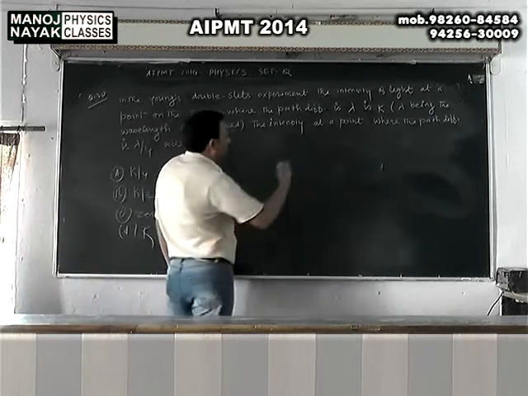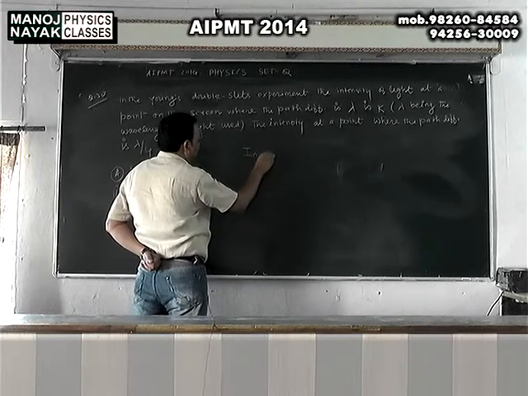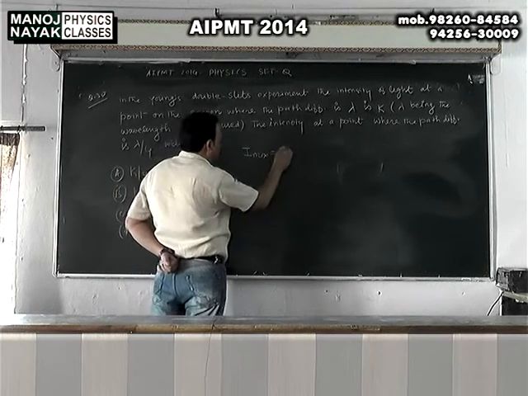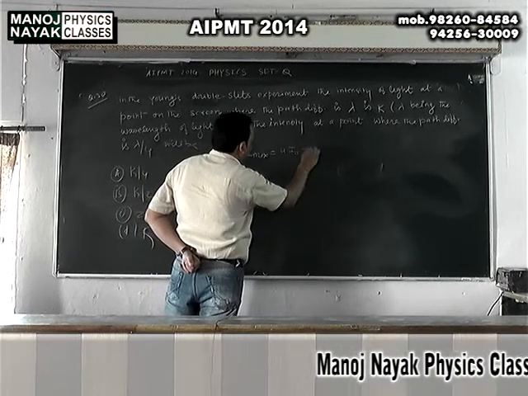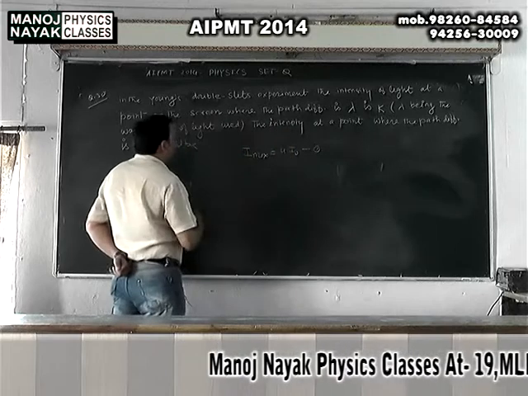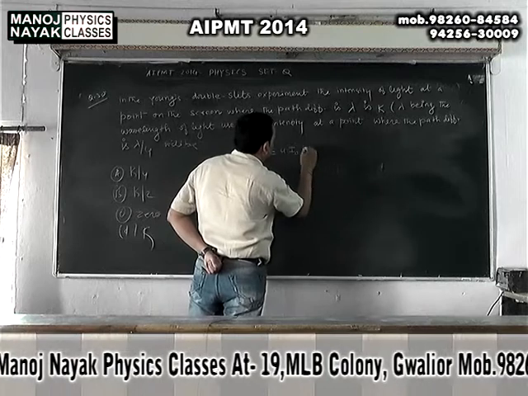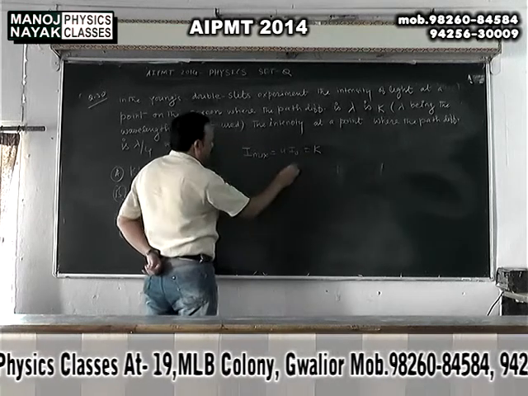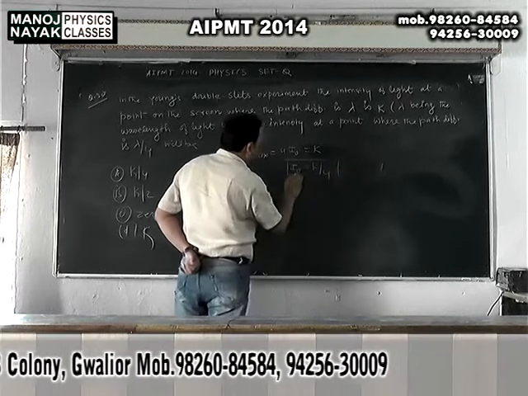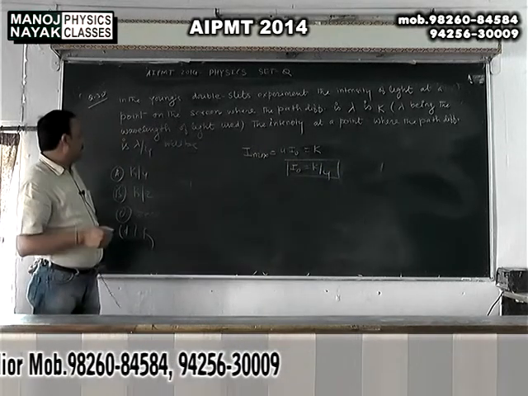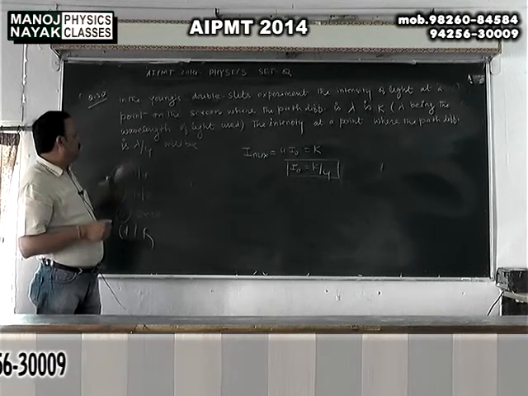Okay, now in constructive interference the maximum intensity in first case, I max, you know it very well, it is 4I0. Okay, this is suppose first, and this maximum intensity is given, it is k. Okay, now I0 will be k by 4. In second case, when the path difference becomes lambda by 4,